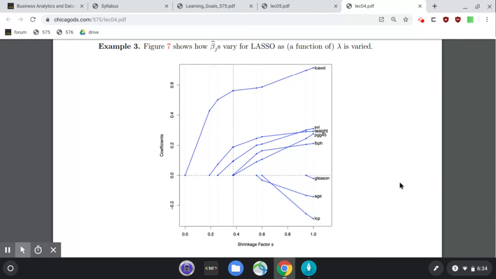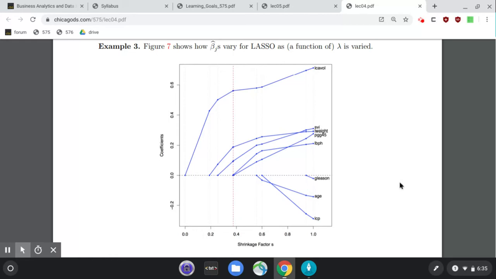Sparse just means many of the beta coefficients are going to be zero. Let's say in this region, for example, 1, 2, 3, 4, 5, 5 of the beta coefficients are zero, and 3 are non-zero. So you can think of that as a 3 sparse solution if you want. Sparse just means very few being non-zero.